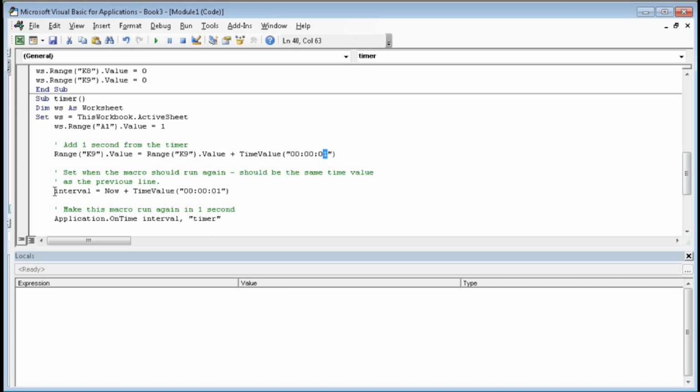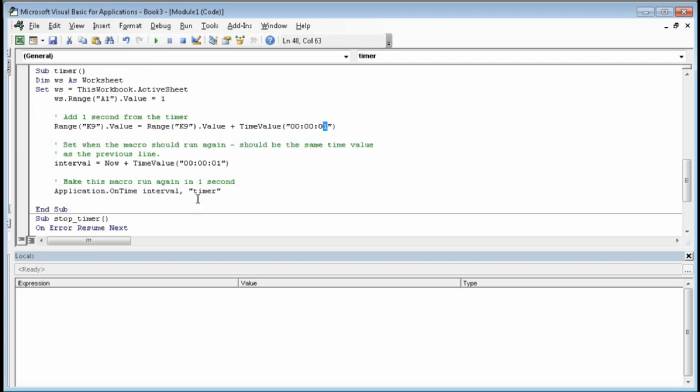And suppose we have paused the timer anytime after the timer started, now plus the pause time of this value and plus 1 second. Application.OnTime interval, timer. That means the timer will again start and it will run with 1 second.